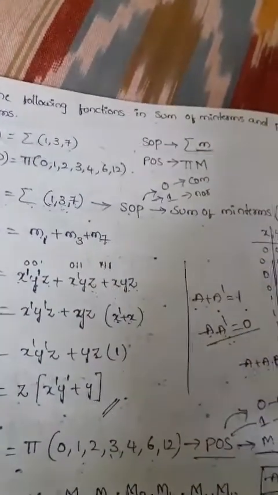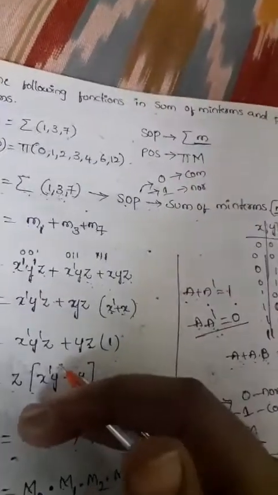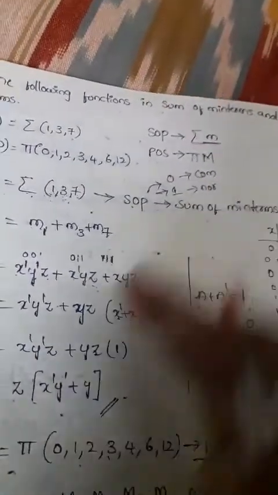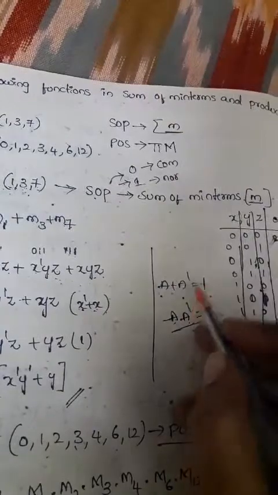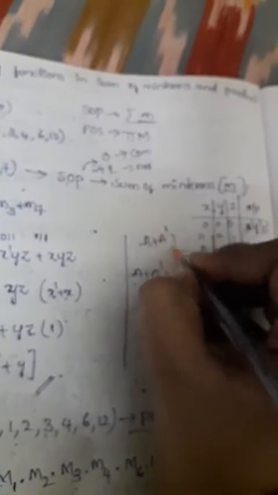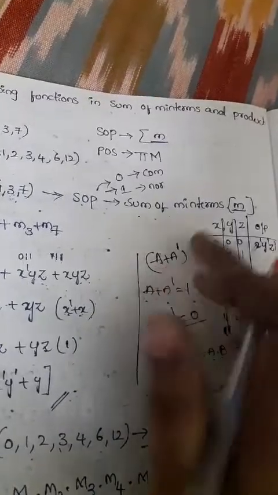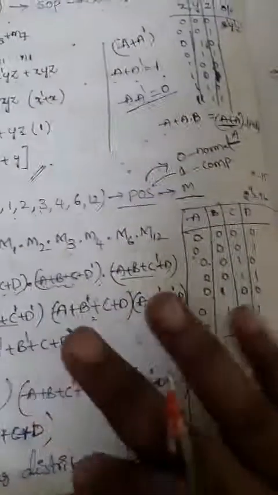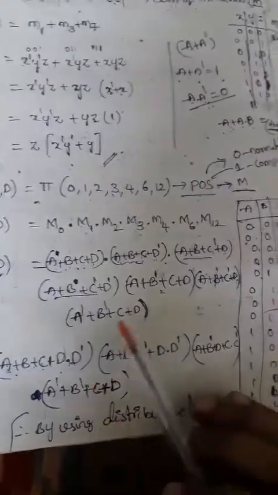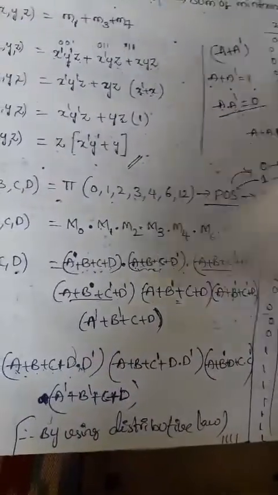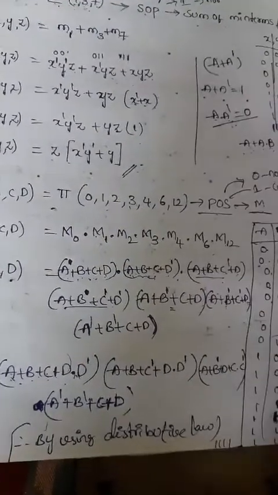That is the sum of min terms procedure, and in that we have one more procedure: we have to reduce the equation, and we also have to include the missing variables. To include a variable in the sum of min terms, we multiply each term that is missing a variable by a plus a complement. So here, this is the Boolean function, and we have to reduce the equation using c into c complement by the distributive law. By using that we simplify the sum of min term equation.